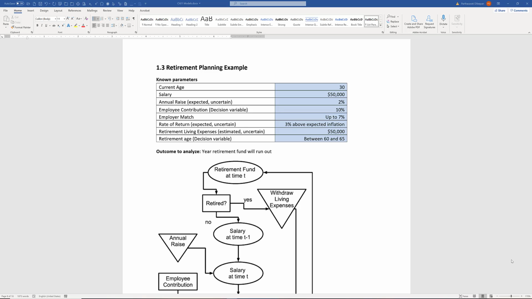The second deterministic case in this chapter is a retirement planning example. So let's look at an overview of the problem. We have an individual who is currently at age 30 and currently drawing a salary of 50,000 per year,